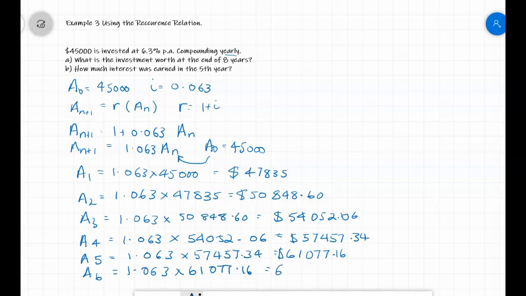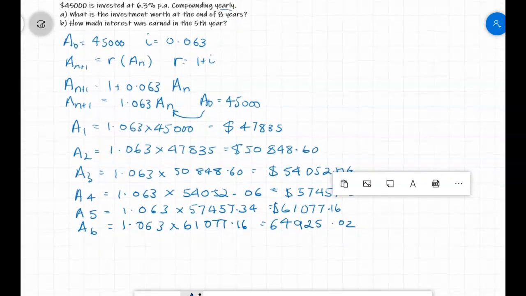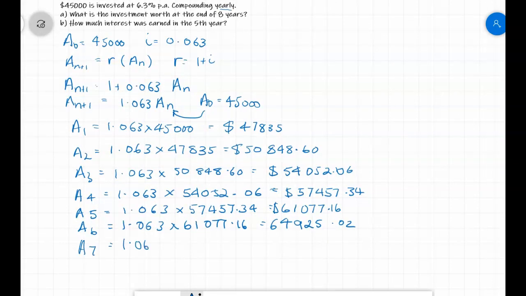So that's going to be equal to $64,925.02. Just going to slide up a bit so we can see that. A7, we'll finish this off, 1.063 times 64,925.02 gives me